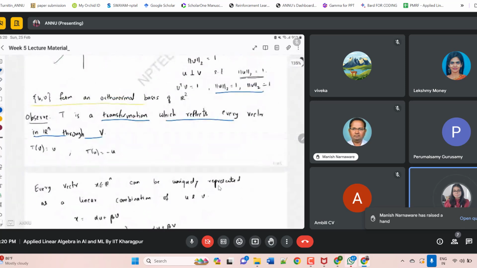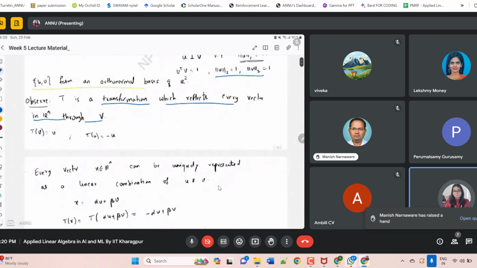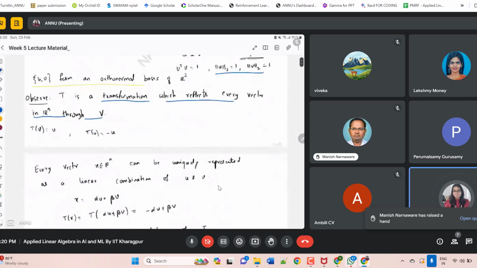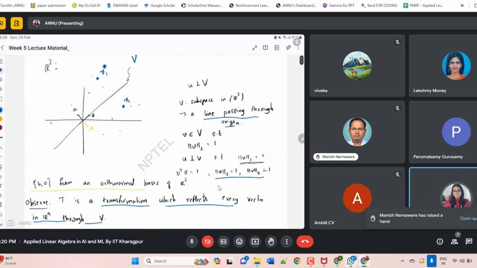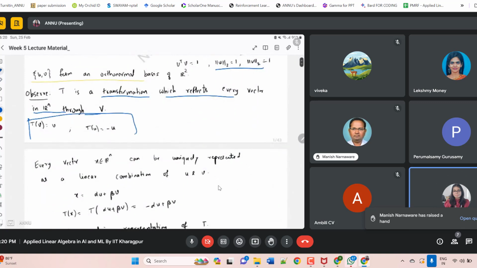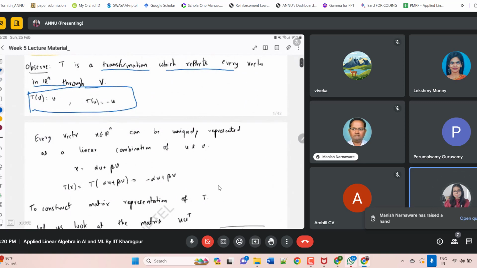So first of all we have to make sure that the vectors lying in V should be equal to V, isn't it? All the vectors lying in the transformation of U should be equal to minus U. All the vectors perpendicular to this particular thing, the other perpendicular vectors, are U only. So that should come as minus U. Okay, so this is our aim. T is a transformation, and T is actually a reflector. So this is our aim.